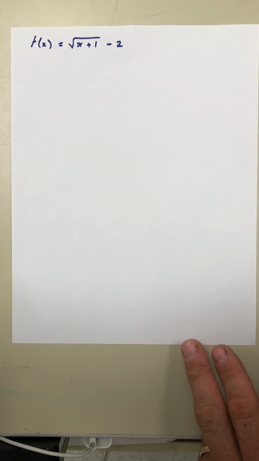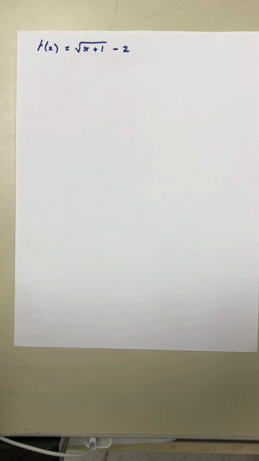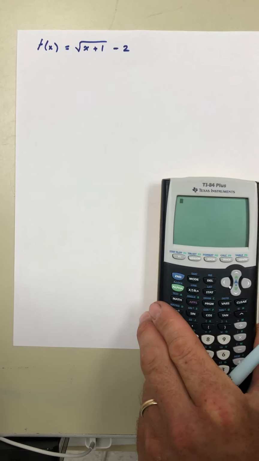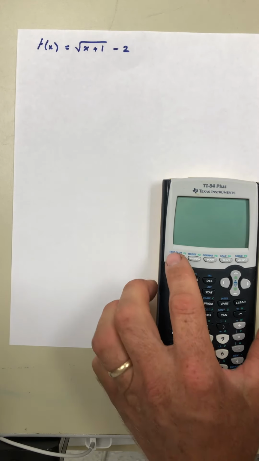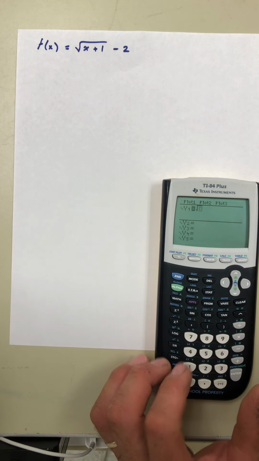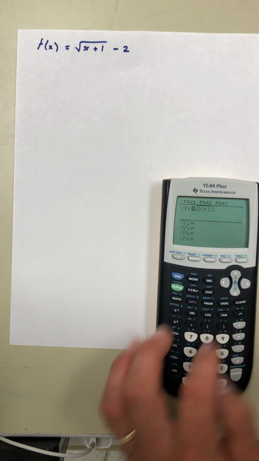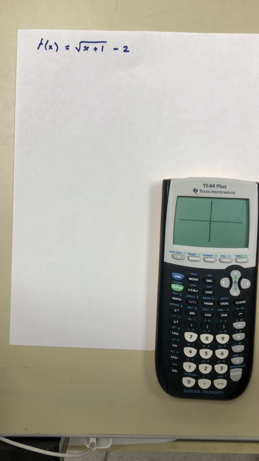I have one more example for domain and range there, and this is going to be a radical. You probably should be able to graph this without the use of a calculator, but in here you can use your calculator for pretty much everything. So we'll go ahead and show you what that's going to look like. We're going to type in the square root of x plus 1, and then we're going to subtract 2 from that. If we graph it,